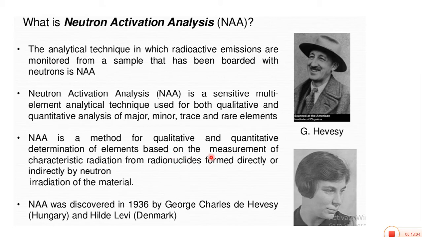The other thing is that neutron activation analysis is a method for qualitative and quantitative determination of elements based on the measurement of characteristic radiation from radionuclides formed directly or indirectly by neutron irradiation of the material. The third important thing is the qualitative and quantitative analysis. It not only gives you qualitative information about what elements are inside the sample material,